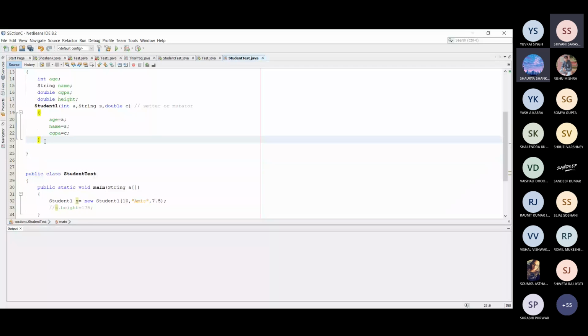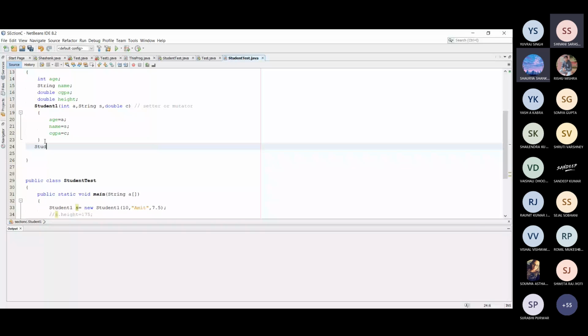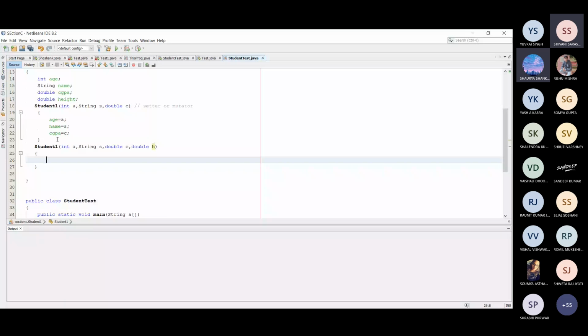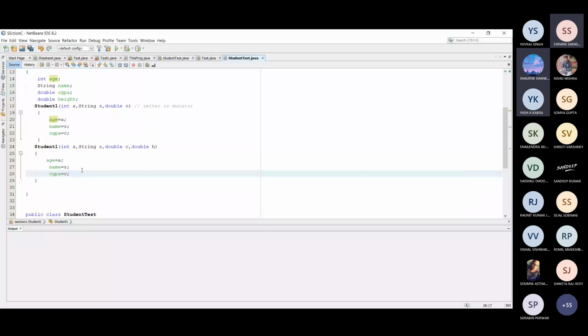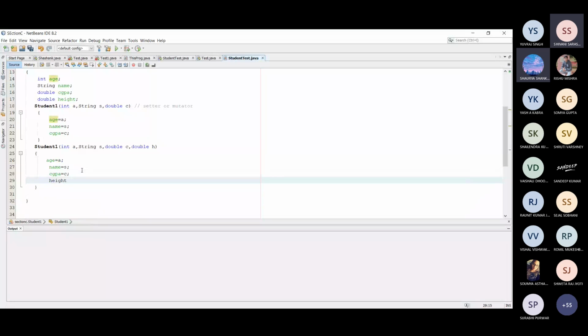So it is recommended that if I create a constructor like this, student one, चारों पैरामीटर दे देते हैं हम. तो integer a comma string s comma double c comma double h height and set all the values. इसको कॉपी कर लें, and at the last if I write height equal to h, suppose.